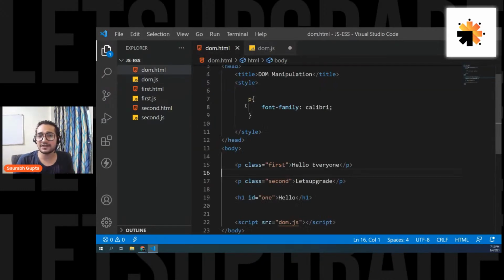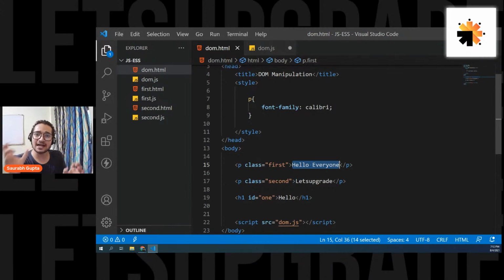Now as I told you, in DOM manipulation, you can manipulate the content, you can manipulate the style, you can manipulate the attribute. So the first thing that we're going to learn is how to manipulate the content. And when I say content, the content is nothing but the thing that is present between the opening and the closing tag. That is the tag's content. So let's see how to change the content of the element.